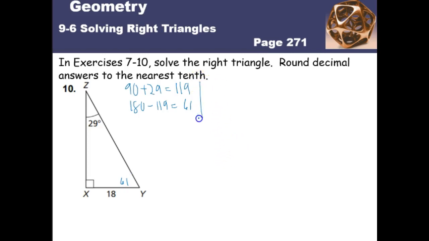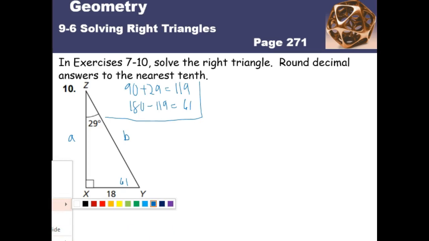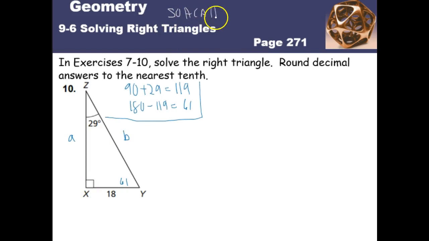And then I need to find these sides. So let's call this side A, and this one B. I don't want to use X and Y because of X and Y right there. All right, so to find A, again, SOHCAHTOA. Okay, so to find angle A, I'm going to do, not angle A, this is side A. To find A, little a, I guess,